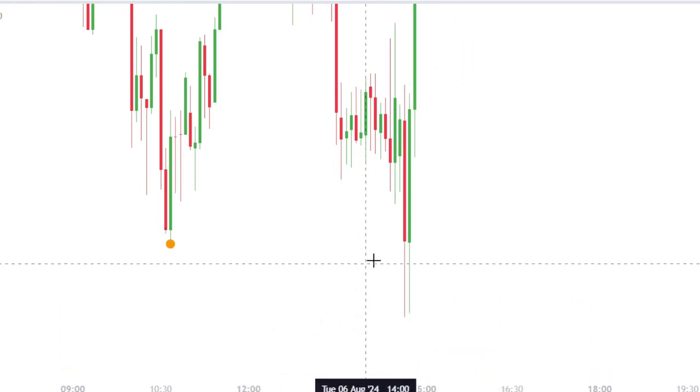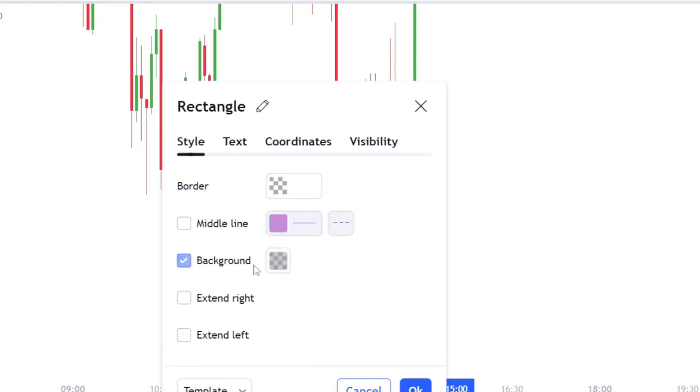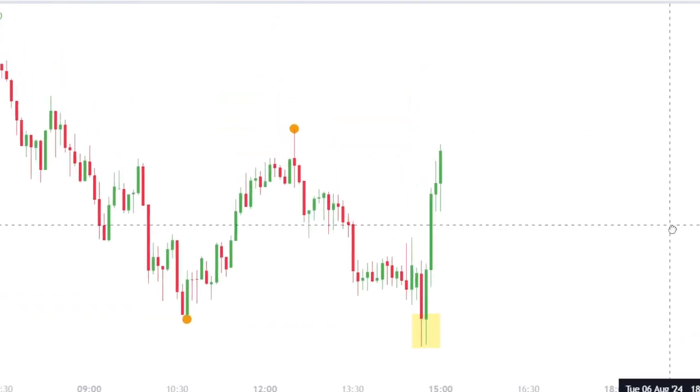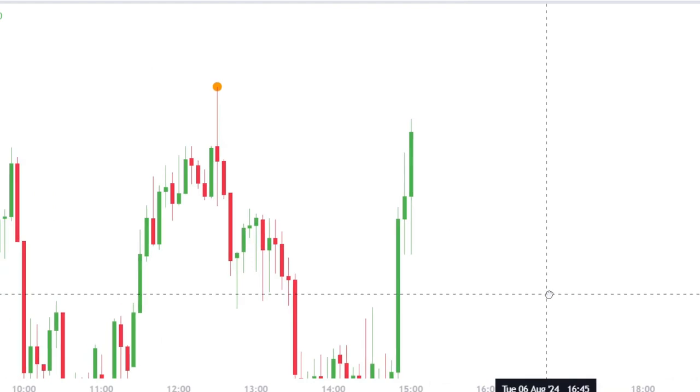The reason why this is a sweep of liquidity for me and not a strong boss is because we haven't closed below. So this here is a sign for a Judas swing, right? Or an ICT Judas swing, or simply the low of the day, right? Just from an ICT perspective, right? So from here now, when it comes to identifying supply and demand zones, what we need to understand is simply